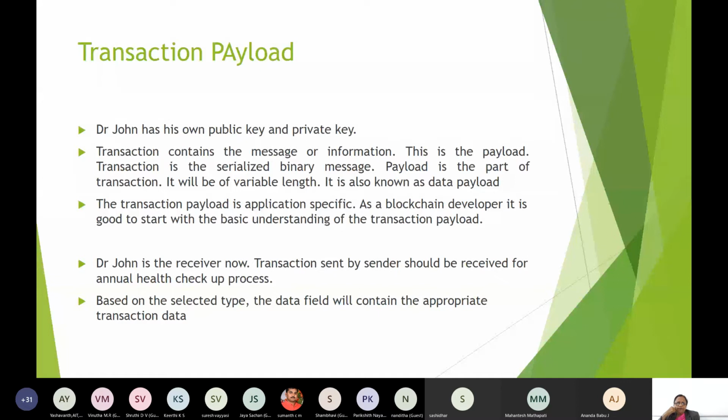Okay, so whenever the transaction payload is application specific, John is the receiver, and the transaction cycle will be completed only when it goes to the receiver, Dr. Balaji, and he sends the documents back, initiated from Dr. John, right?